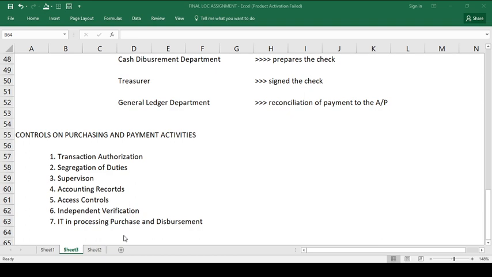So, for additional discussions, I hope you read already the materials that were posted in the Canvas. Okay, for hard